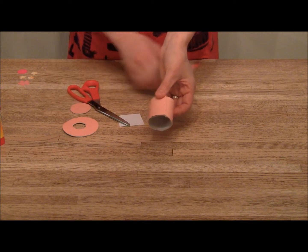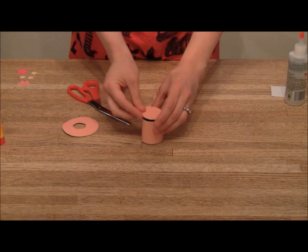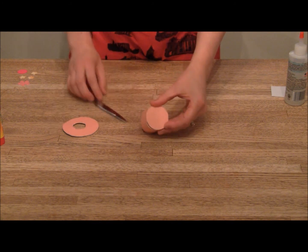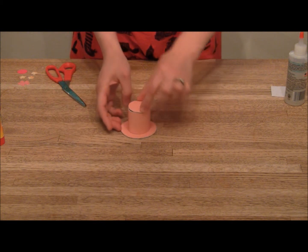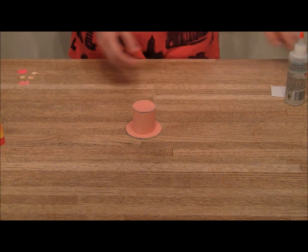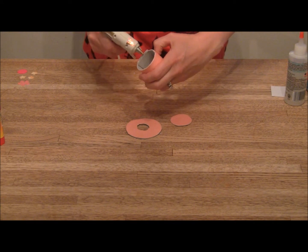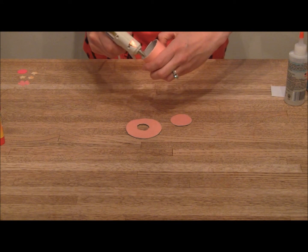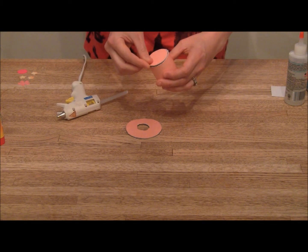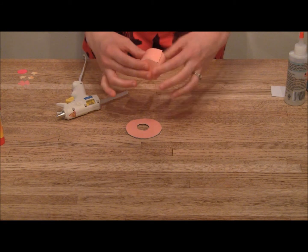I've got this cylinder already created, and see how this top just lays right on top there. This is going to be the top of the hat, and you can kind of see what it's going to look like when you start putting all the pieces together. So here's the top of the hat, and like I said before, I'm going to be using a hot glue gun just to get things moving and drying fast. And I'll just put the glue along the edge there, and we'll just lay this top small circle on the top here,